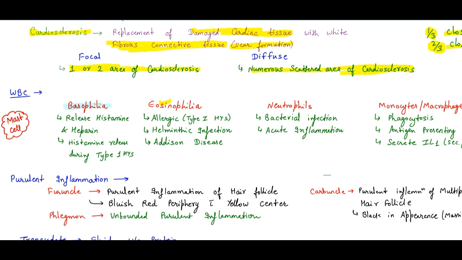So that's why basophils can be 0%. What is the normal value? 0 to 1%. That's because the function can be taken by the mast cell, so that's why they are 0% in some people. Basophils release histamine during type 1 hypersensitivity. So basophils have a role in type 1 hypersensitivity. Okay, record my words: basophils have a role in type 1 hypersensitivity.